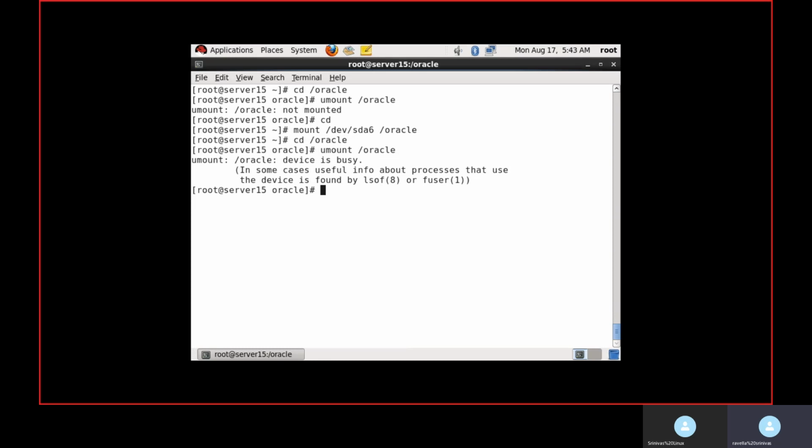In an interview they will ask the question: when I am trying to unmount a file system, it is not unmounting, what are the reasons? If you are in the directory, it cannot be unmounted. If you share the directory across the LAN, meaning across the network, it cannot be unmounted. If any users are accessing the file system, it cannot be unmounted. Now, how do you know the users who are accessing the file system? fuser